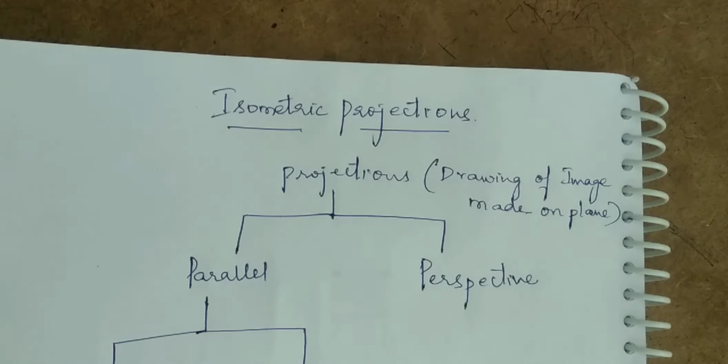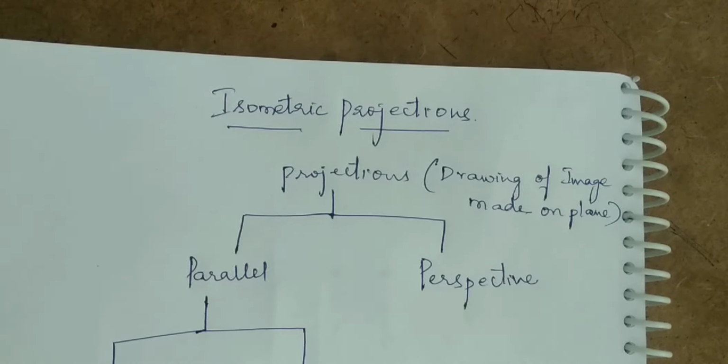Isometric projection is used to create a pictorial drawing of an object, which defines a single view parallel projection obtained by keeping the object in such a position that all three mutually perpendicular axes are equally inclined to the plane of projection. Whatever we are considering, the axes are length, width and height, and we keep all three axes at an equal angle in isometric projection. Before proceeding, we first need to cover the basic points: what is meant by isometric projection and what basic principles we need to follow. We'll discuss them in detail.